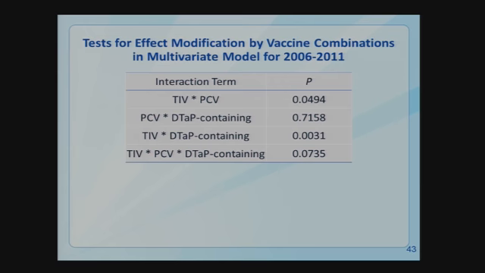And so again, using a multivariate model that included all 3 vaccines in the same model, we did test for effect modification. So you can see here on this slide the p values for those tests for difference by concomitant vaccination. The TIV-PCV interaction is almost 0.05, a little less. The TIV-DTaP interaction is more statistically significant, and the 3-way interaction is 0.07. So it is tending towards significance, but not significant. But I would argue that this suggests that there is a difference in relative risks for the 2-way combinations, at least, and a suggested interaction for the 3-way combinations that are different than giving them on separate days or the independent effects of the vaccines.